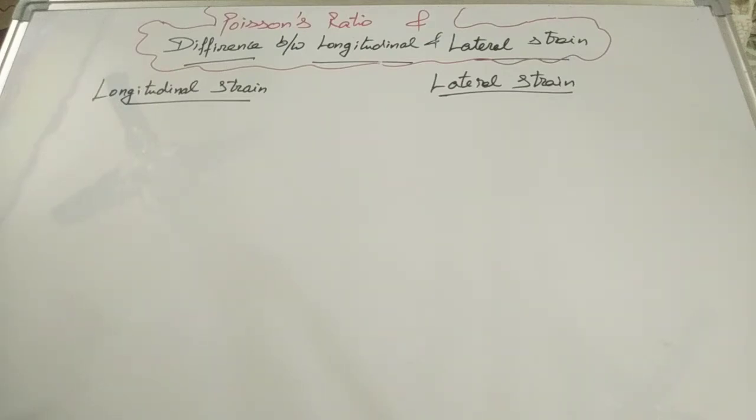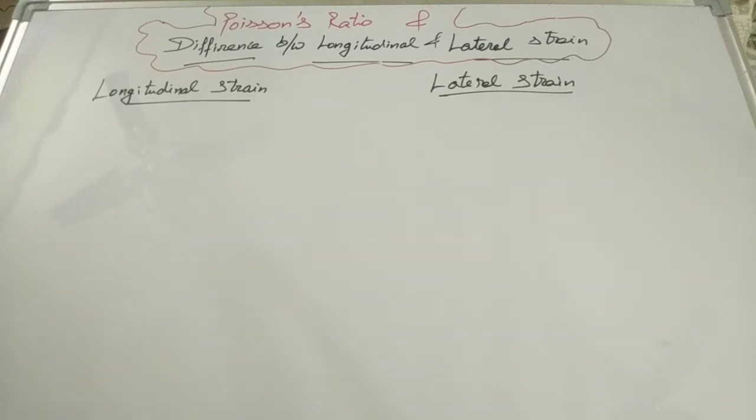To understand this complete concept, first of all you should know about strain, which is the ratio of change in dimension to the original dimension of the body or the member. A complete concept of strain I already discussed in a previous video with some practical examples. If you are keen to get that knowledge, kindly go to the link that I provided in the description box related to strain. In that video you can get complete knowledge related to strain with all the practical examples and all the types of it.